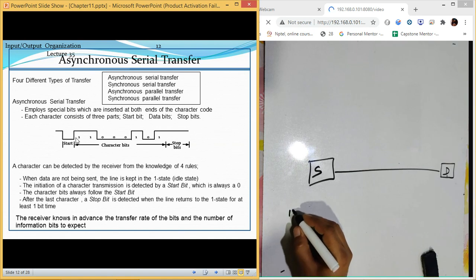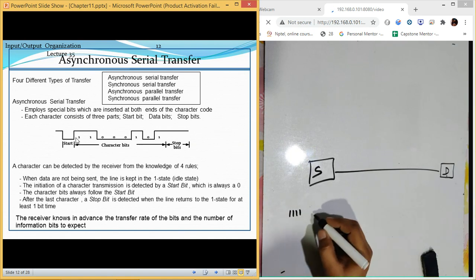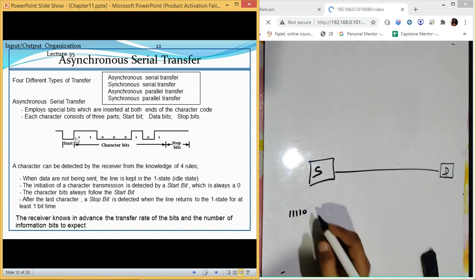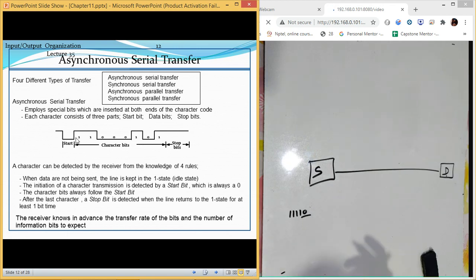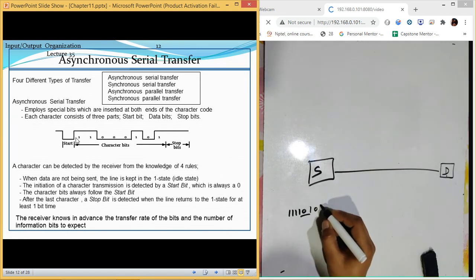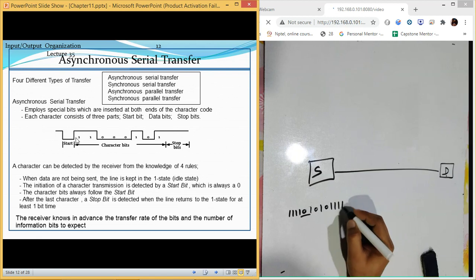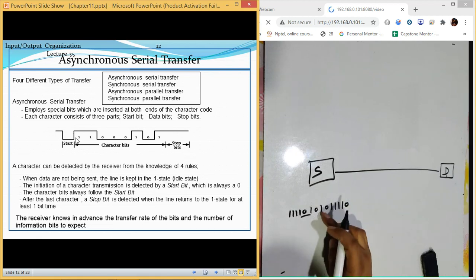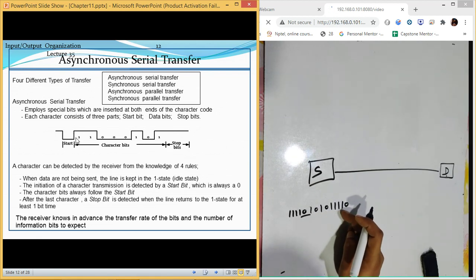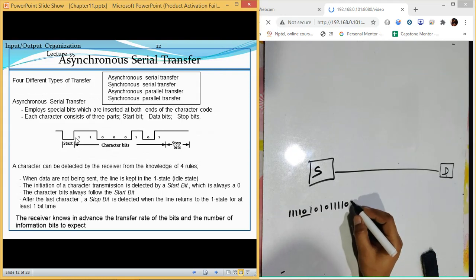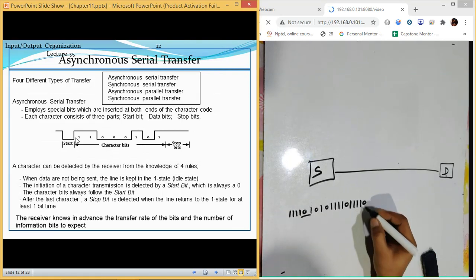So first of all, the values are going to remain at 1. Then this is 0. So this is assumed to be a starting value. It might be like this, any data. After 8 bits, now this is 1, 1, 1, 1. Again a 0.